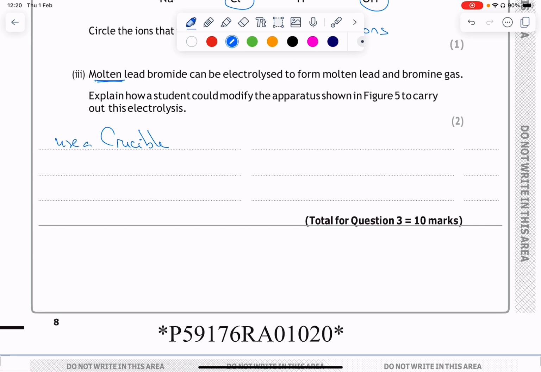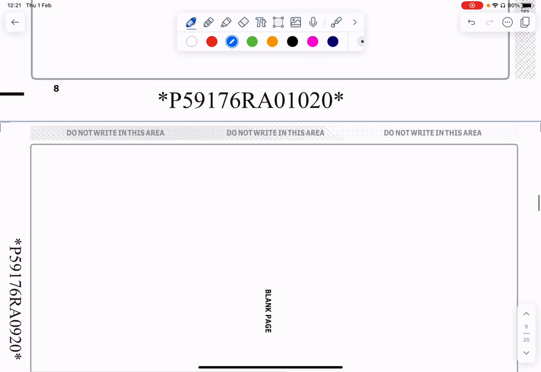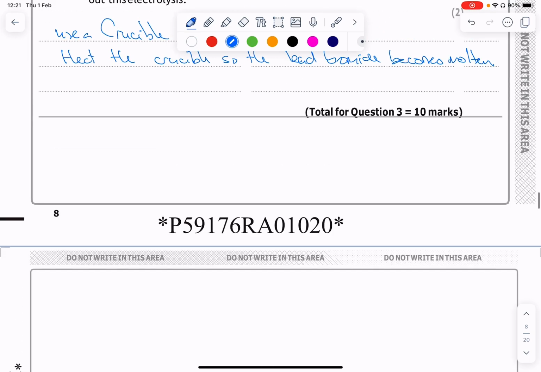So I'll put here, so we use a crucible rather than the beaker, and we would heat the crucible so the lead bromide becomes molten. Okay, 1 mark for each of those 2 facts. And I think that is the end of